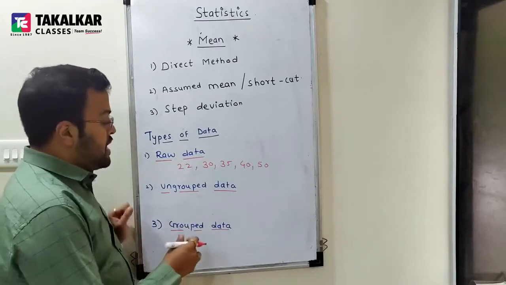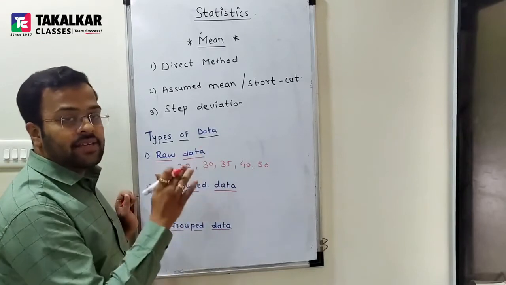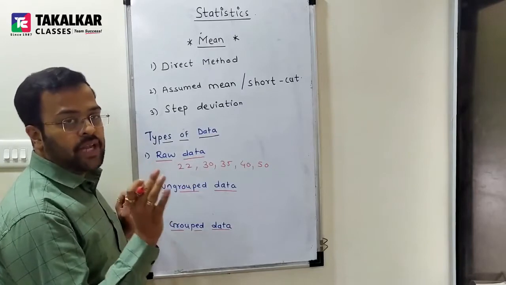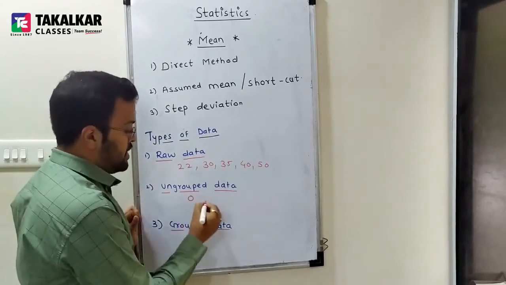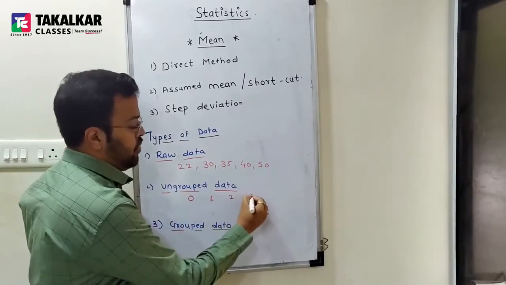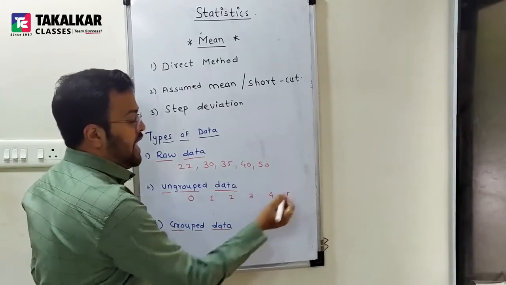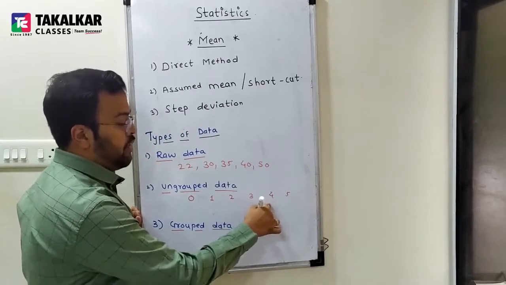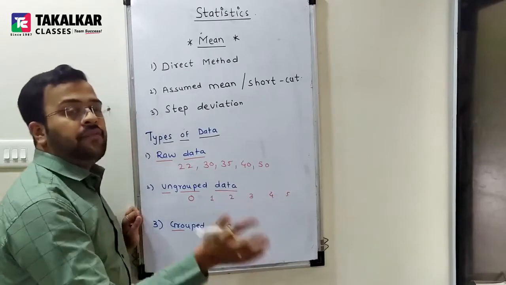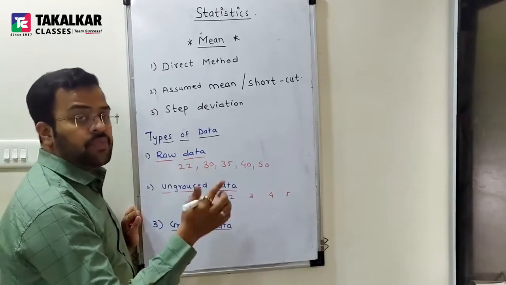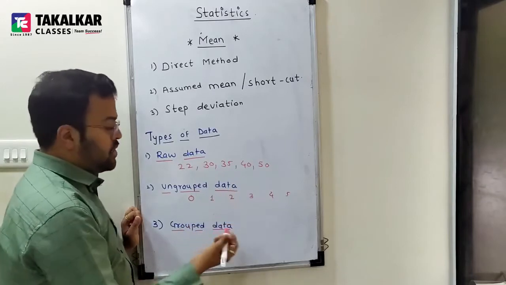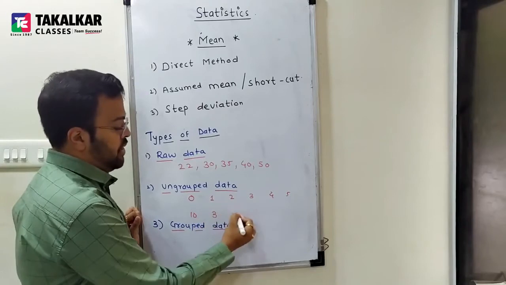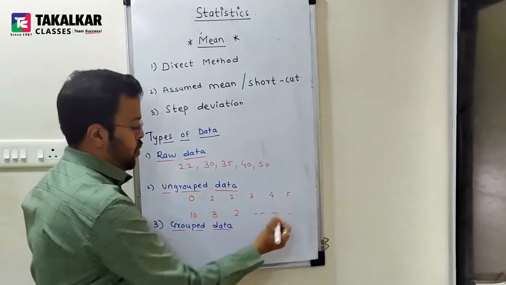Now what is ungrouped? Same again, teacher has conducted test of 50 students. Okay, test will have 5 marks. So minimum marks will be 0, then 1, 2, 3, 4, 5. Any student can get 0 or 1 or 2 or 3 or 4 or 5. Among 50 students, suppose 10 students score 0 marks. Suppose 1 mark is scored by 3 students, 2 students and so on.